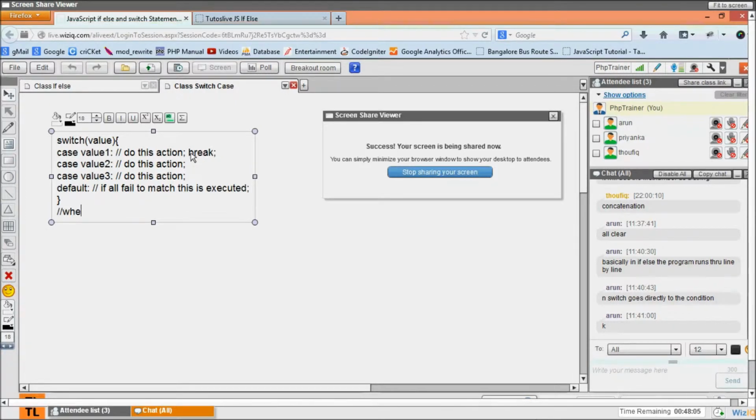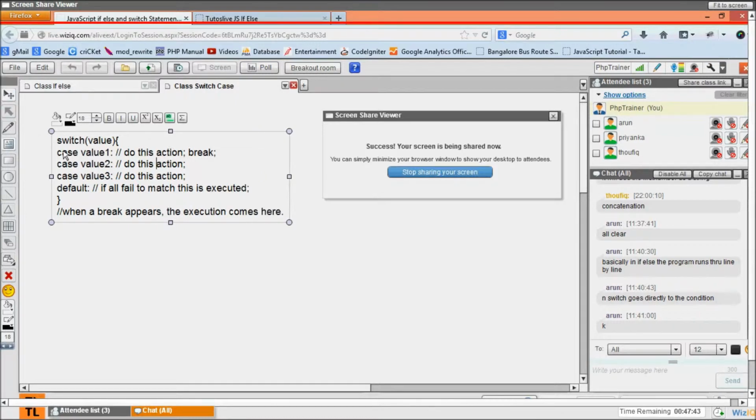So when a break appears, the execution comes here. Even if no match is found, it goes to default. In that case, no problem, because default is the final statement.